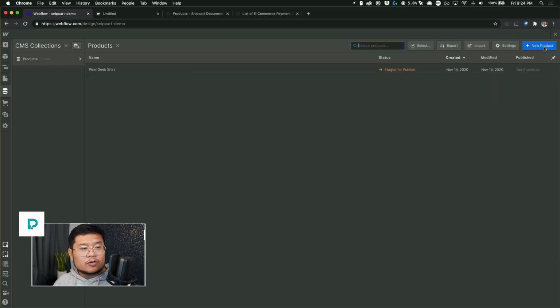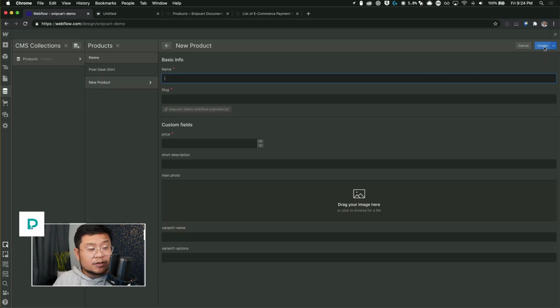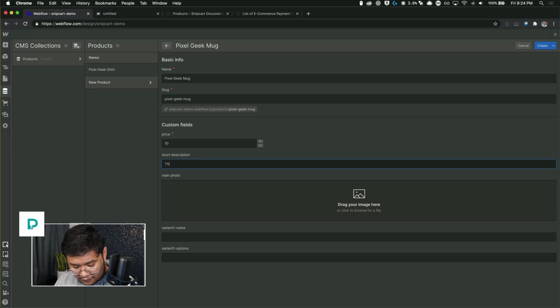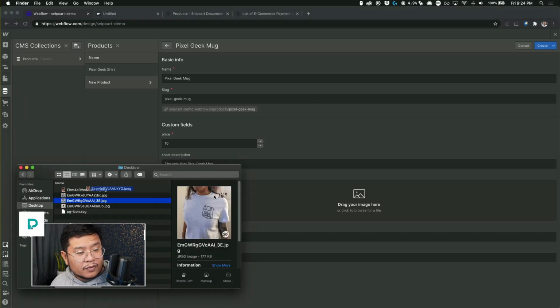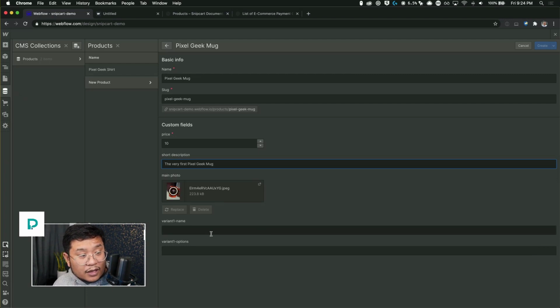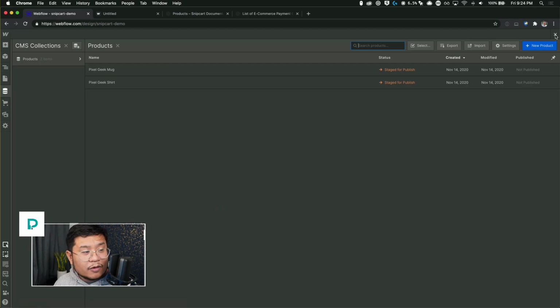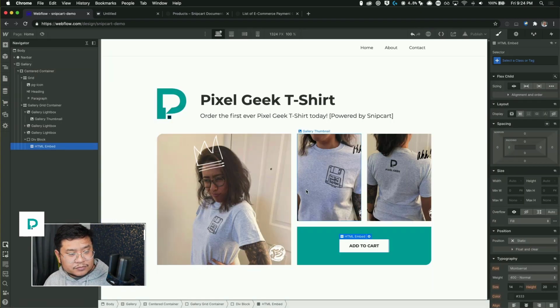There we go. Cool. And let's add my mug. So Pixel Geek mug. Price, we'll say it's 10. The very first Pixel Geek mug. Put a photo of it. There we go. And create. There we go. All right, so both of them are created.